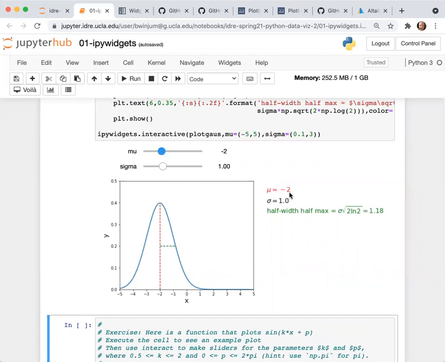So now I change the mean to -2. Say I'll change the standard deviation to 2 as well. So you can explicitly see how the half width at half max changes. You can add lines to it. There are a variety of things that you can do which make the graphic itself nice, and that also varies when you change the values of the sliders or other widgets that you have.